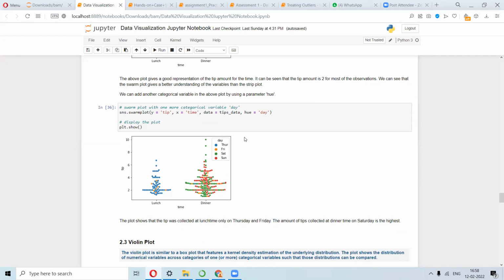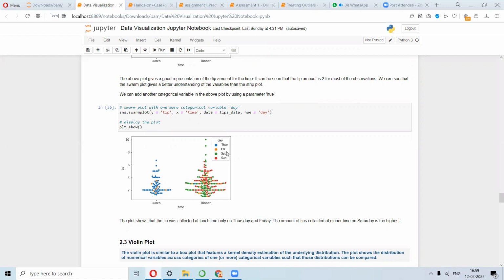First thing is that you see that blue stands for Thursday. So practically all of the data points are from Thursday, right? So maybe there is some problem with that particular restaurant. Easily understandable according to days. Yeah, sorry, I didn't get you. I said due to colors, it will be easy to understand, right? Yeah, of course.